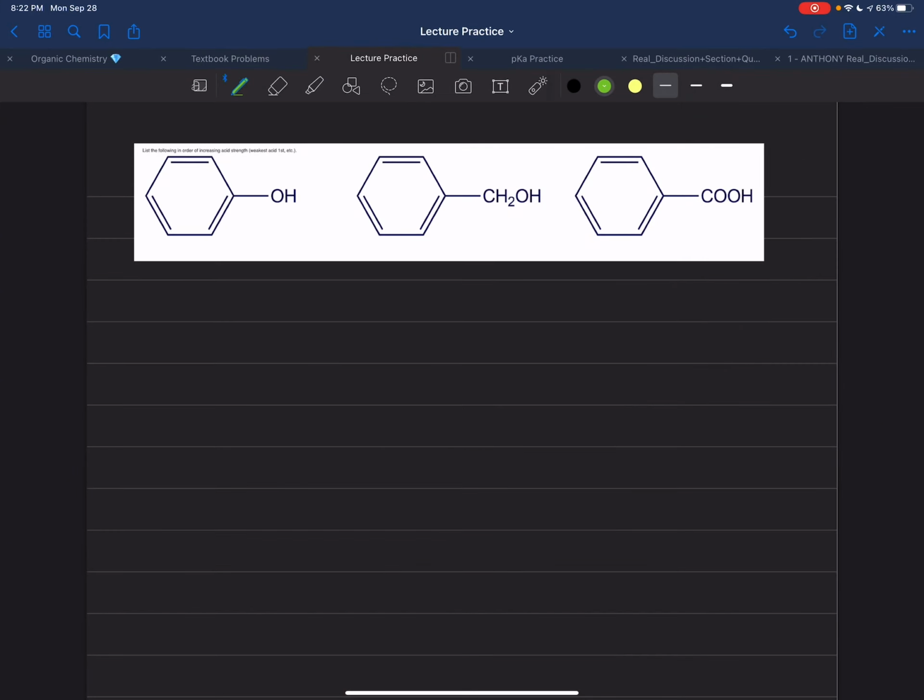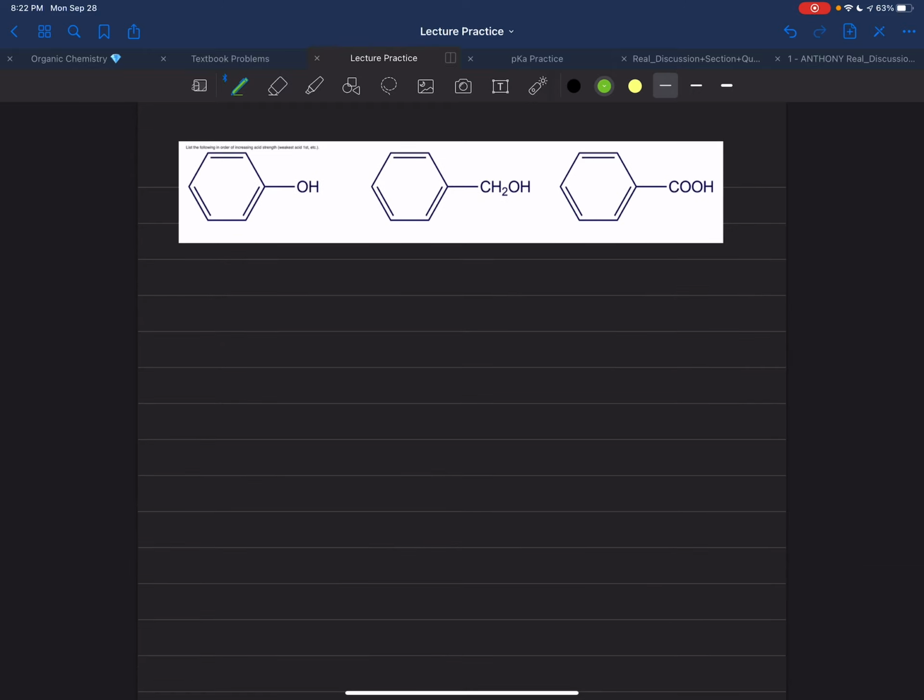All right, so I want to talk about these three aromatic compounds, and how we rank these in terms of acidity, okay? All right, here's where we're at here, and this really is a resonance problem when you think about it, but let's number these,